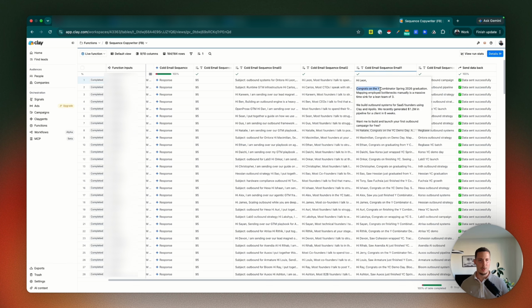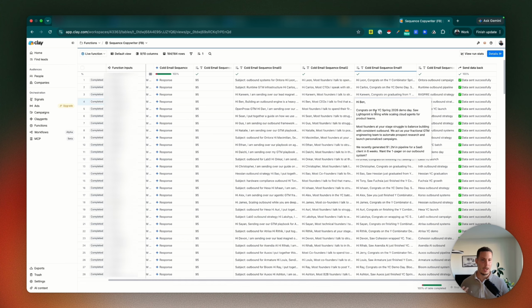Again, congrats on Y Combinator Spring graduation. Then it uses a specific line for basically each of the companies. This is what we build, and this is our compelling offer or call to action. Or for Ben here, for example: hey, congrats on YC Spring 2026 demo day. I saw you're hiring while scaling cloud agents with product teams. So our agent did the research, so we have all the enriched data,